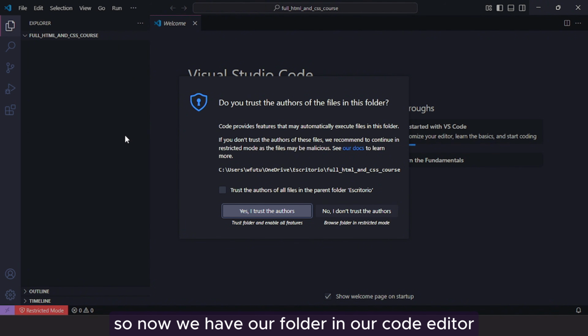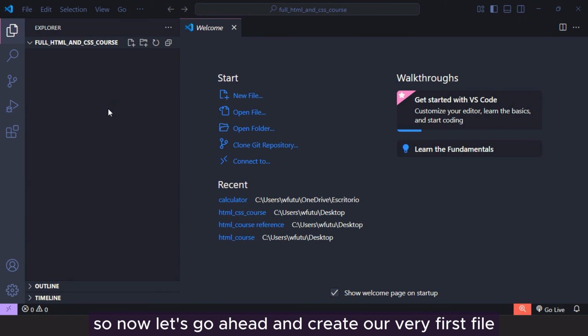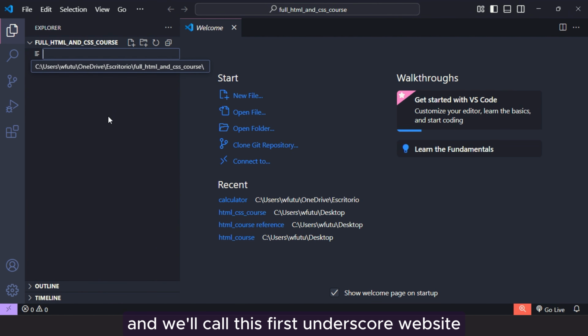So now we have our folder in our code editor. Now you can click on this. Yes, I chose the authors. Alright, so now let's go ahead and create our very first file. Click on this new file icon right here, and we'll call this first_website